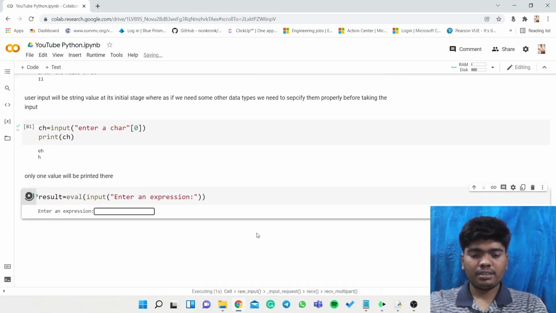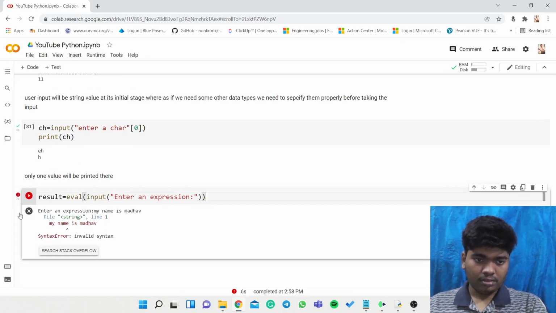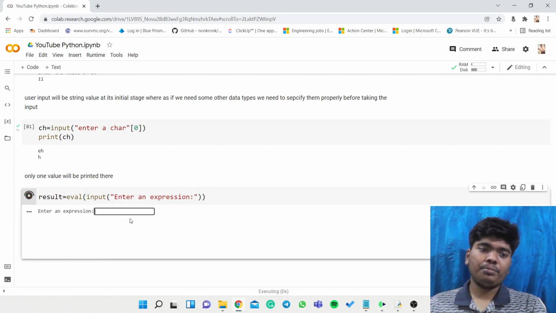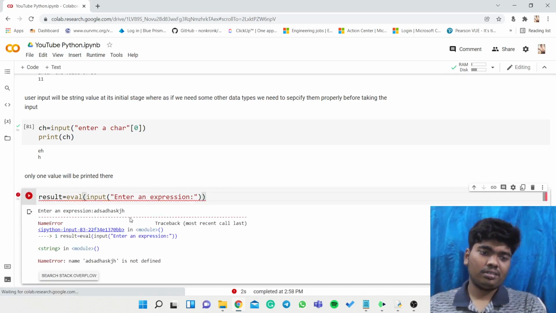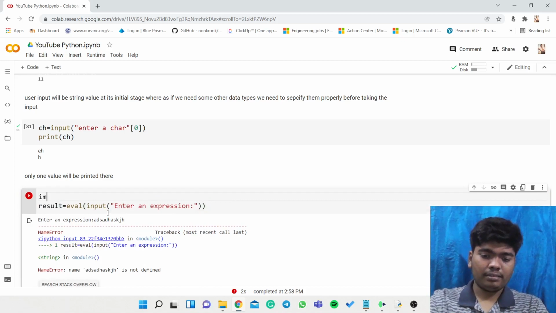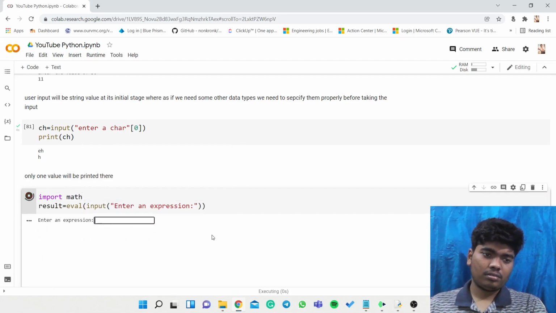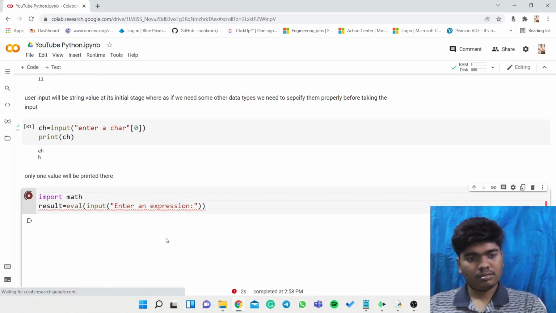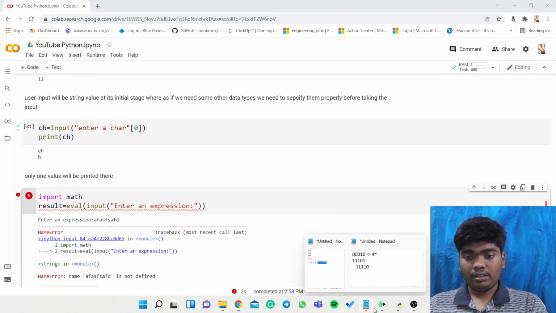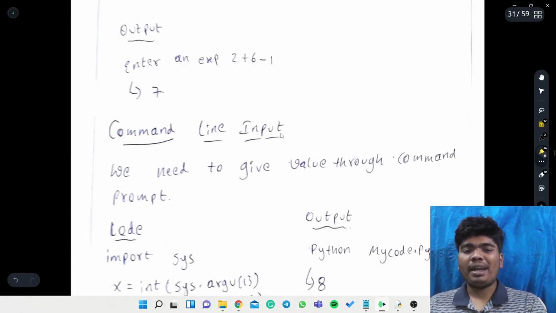Now we need to enter some expression. My name is Madhav. Invalid syntax. I think we should mention it like a string. Okay, I think we need to import math. I think this is not possible now, so it is just for the purpose of representing a mathematical expression.